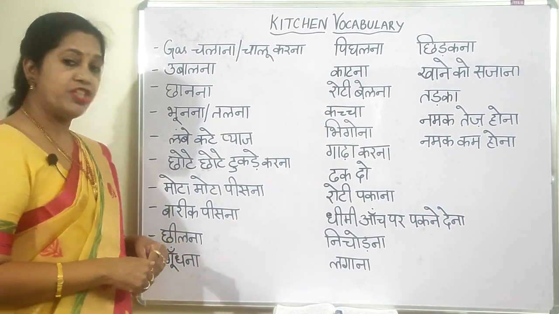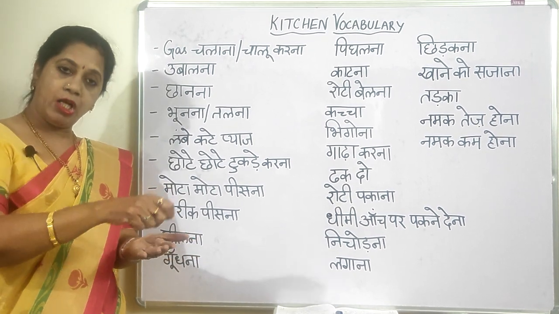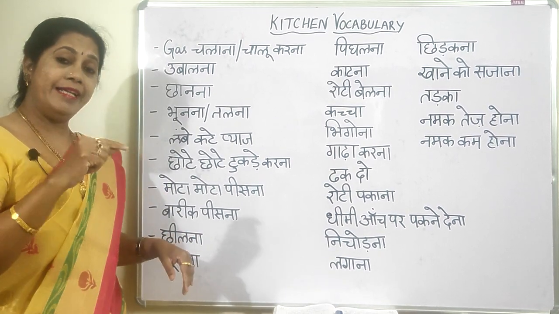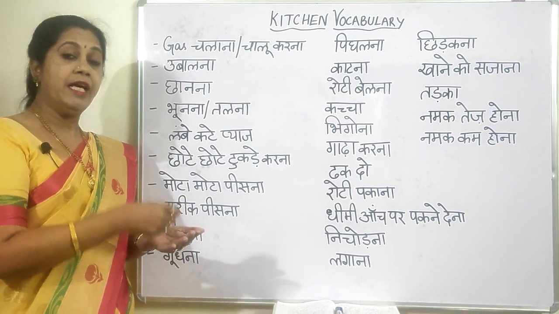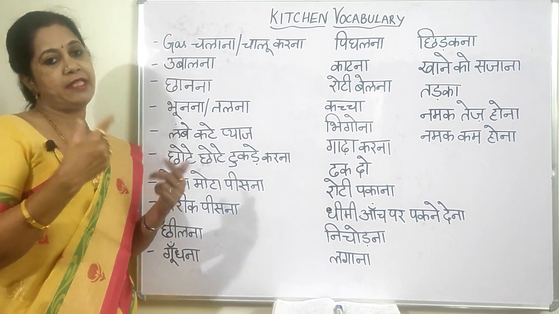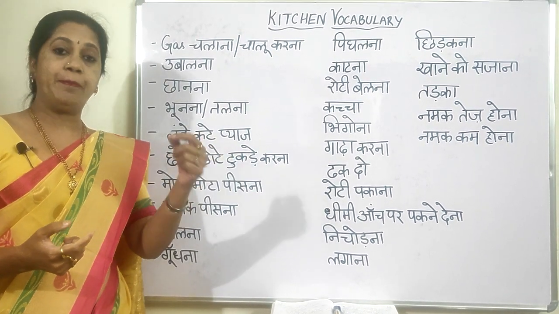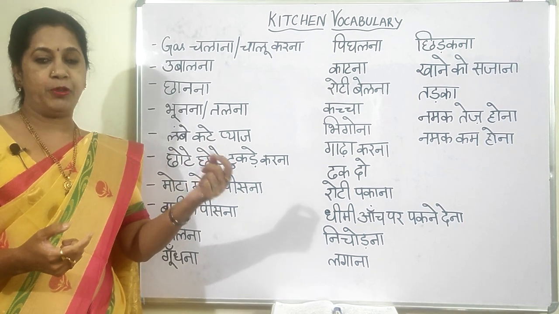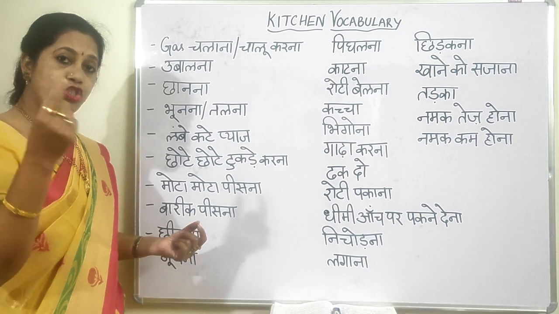So now here if you see, छीलना means to peel. जैसे कि गाजर को छीलते हैं, आलू को छीलते हैं. In English, peel has got two meanings. One is to peel it. The other one is the skin of it itself is called peel. That is the carrot peel or the potato peel. That is the top layer of that which you remove. That also is called peel.